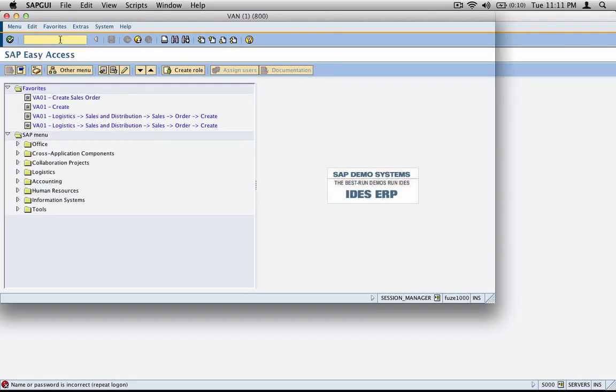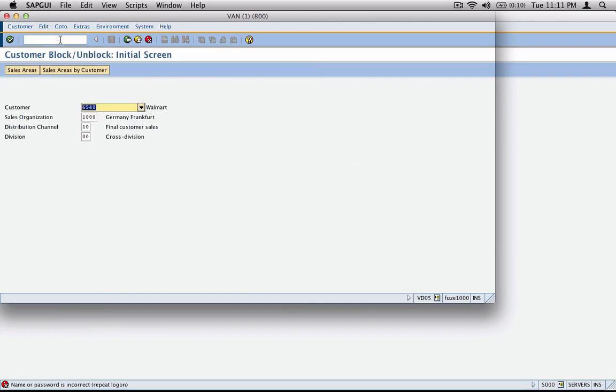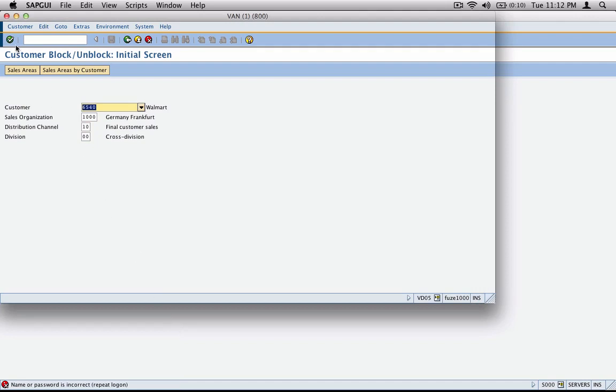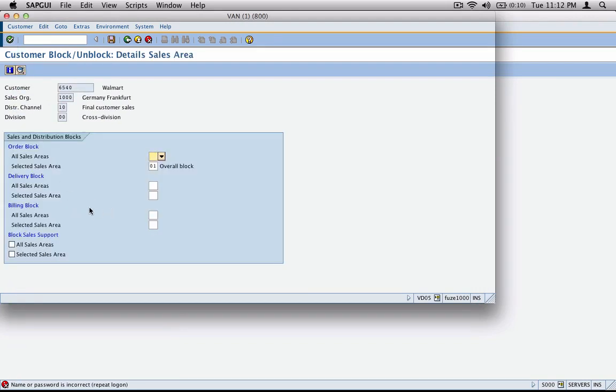Now let's try and block this customer. So go to VD05 and then select your customer 6540, and if you want to block it only for a specific sales area, let's say the German sales org, then just go here and select the right sales org that you want to block the customer for. If there are multiple sales orgs, let's say Walmart is a customer for your company in Germany, in Switzerland, in US, Canada, so on, just select the right sales org and then click OK. Okay, and then click enter, and as you can see, this customer 6540 is blocked for this sales area 1000